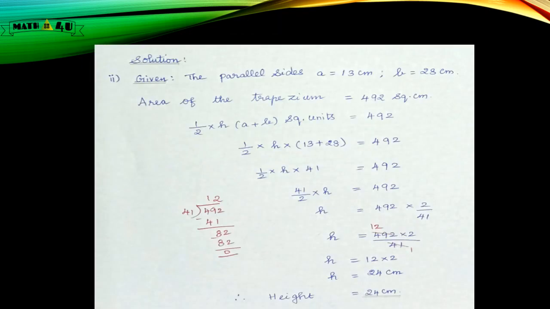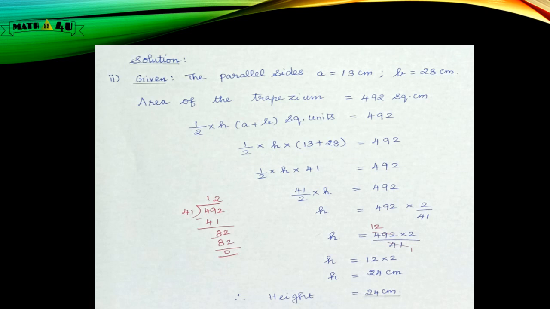Next, in this problem, the parallel sides and the area of the trapezium are given. You are asked to find the height of the trapezium. Given the parallel sides A is equal to 13 centimeter, B is equal to 28 centimeter. Area of the trapezium is equal to 492 square centimeter. Area of the trapezium is nothing but 1 by 2 into h into (a plus b) square units, that is equal to